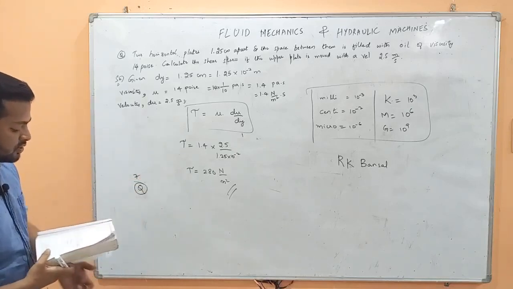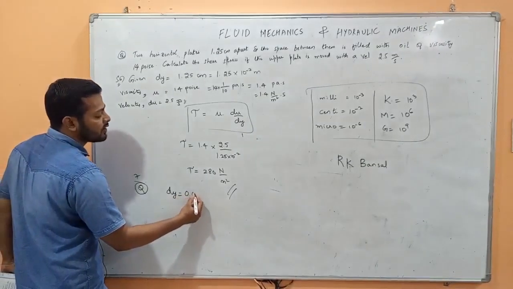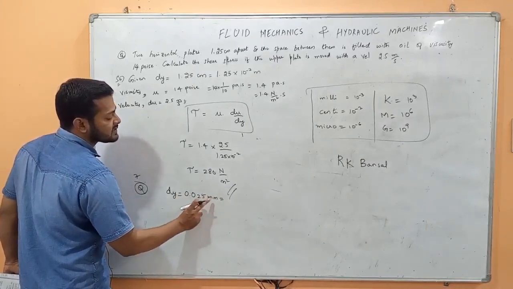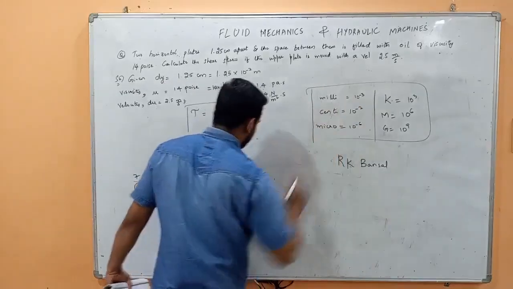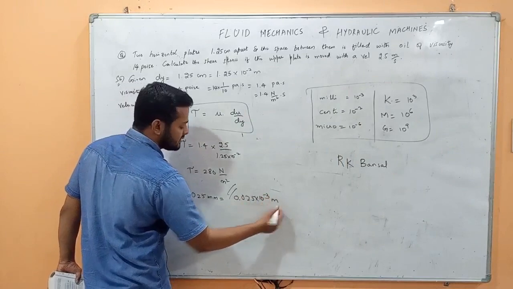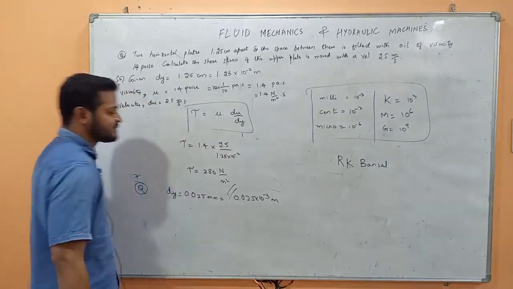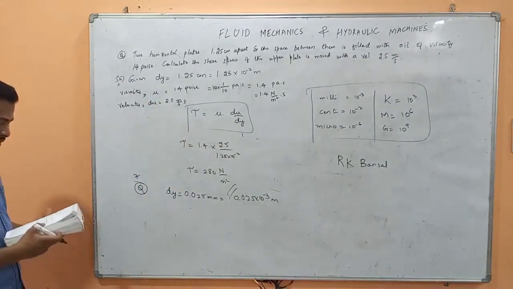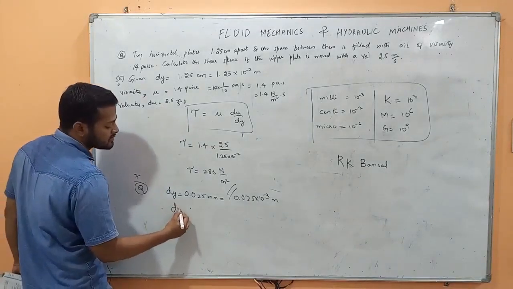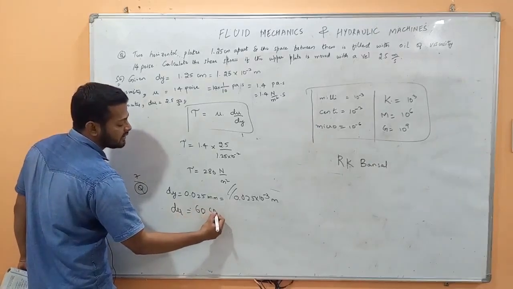A plate 0.025 mm. So the dy value has been given as 0.025 mm. M means millimeters. Milli is 10 power minus 3. So 0.025 into 10 power minus 3 meters. I removed milli and wrote 10 power minus 3, with meter as it is, because meter is the SI unit. Next, moves at 60 centimeter per second. What is this centimeter per second? Velocity.